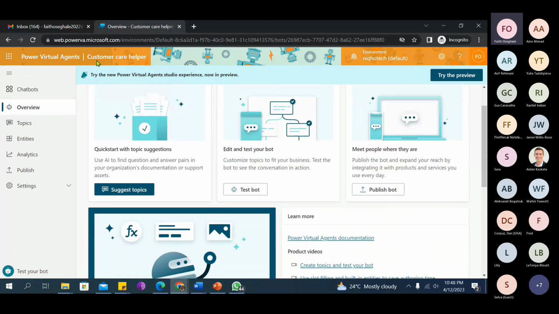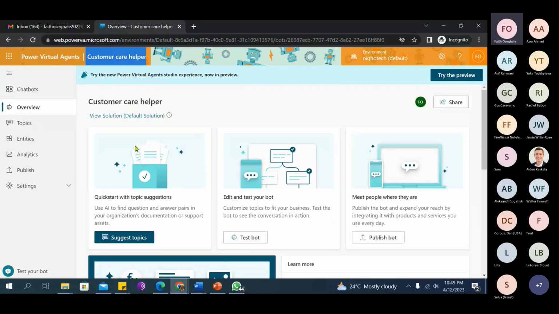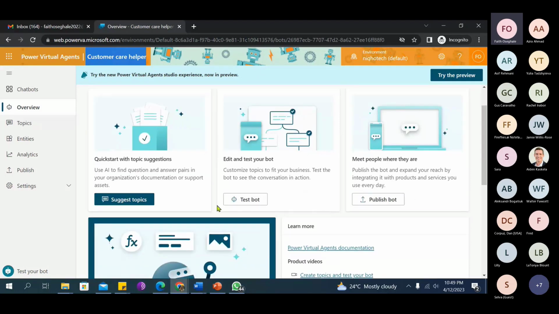So this is my bot now. If you look here, you see that it is showing the name of my bot, customer care helper. So now what I can do is to just come here and continue with my bot. This is the overview. You can check as much as you want. If you want to suggest topics, you can click here. If you want to test your bot,